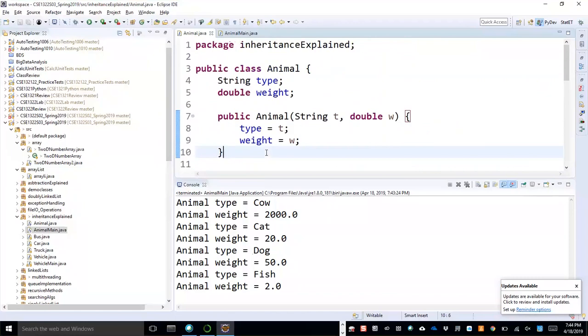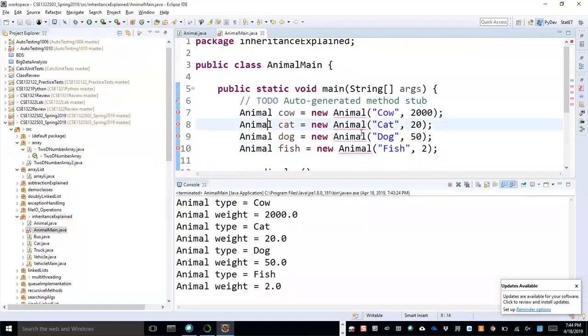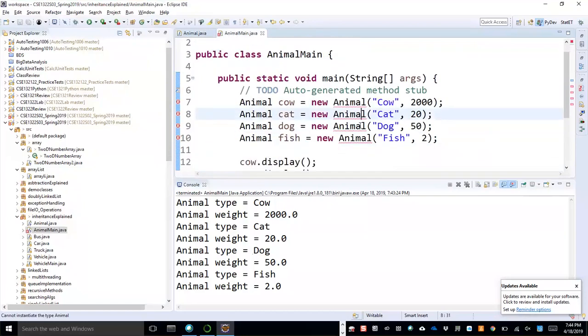Quick thing: if I say public abstract, then what happens? My code is all red, right? What is the reason? Can anybody quickly tell me that reason? Yes. My animal class is not a complete class, so I cannot create an object for this type.